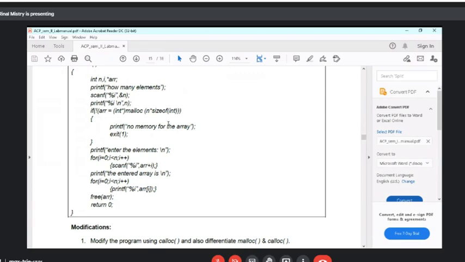Yes, ma'am. Okay. All of you try this program using the malloc function. अपने को एक 2D एरे असाइन करना है. You can go for a 2x2 array. 3x3 को छोड़ो, 2x2 करके फटाफट से प्रोग्राम बनाओ. इसमें जस्ट ये जो scanf फंक्शन है और printf फंक्शन है उसमें थोड़ा माइनर चेंज आएगा. You will have to use 2 for loops, right, for row and column. I think that is the only biggest change. बाकी इसमें ज्यादा change करना नहीं है. Quickly all of you write that program using malloc.